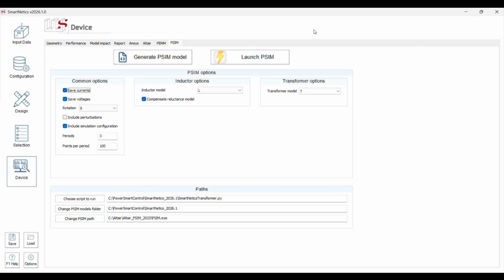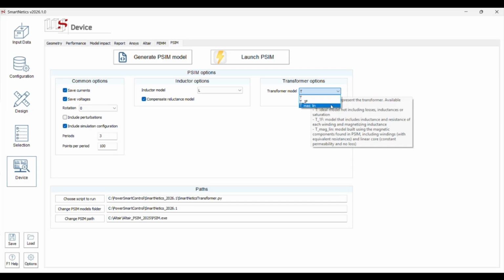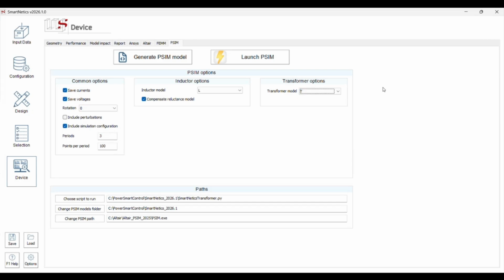Thanks to this, you can export your design, including everything, including wire losses, core losses, leakage inductance, magnetizing inductance, etc., and check if your device with the real values, the real resistances, inductances, etc., is going to perform as expected in your converter. For example, in this case, we have these different models, which are the ones present in